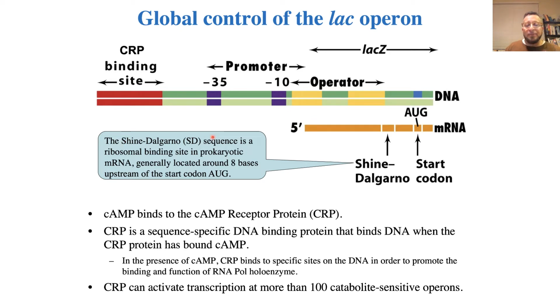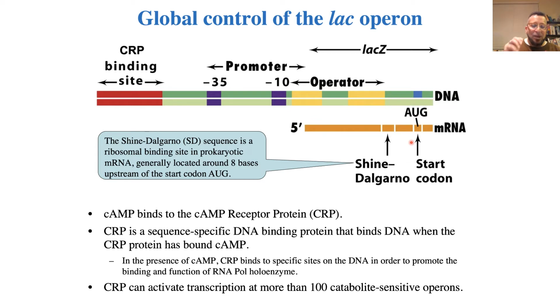So something that I want to also bring up to your attention is the fact that in the messenger RNA, we're going to have a Shine-Dalgarno sequence, which is a sequence that allows for ribosomes to bind to a messenger RNA and therefore translate that into a protein. So that usually happens about 8 bases upstream of the start codon of the protein. And that's going to become a little bit evident later when we discuss the next time in class, how the Shine-Dalgarno helps produce proteins in a polycistronic mRNA. But anyway, going back to what we were discussing,